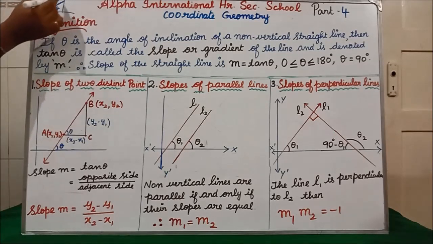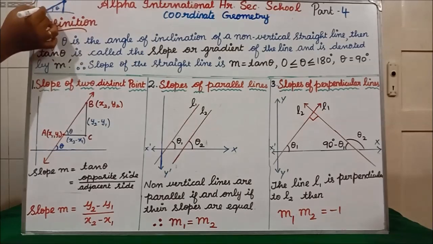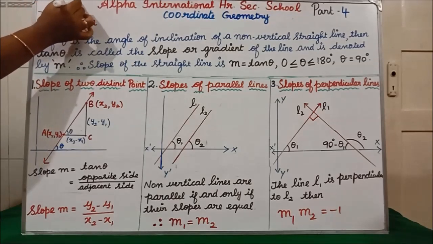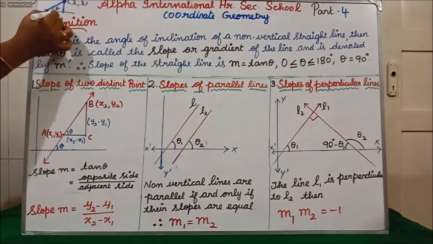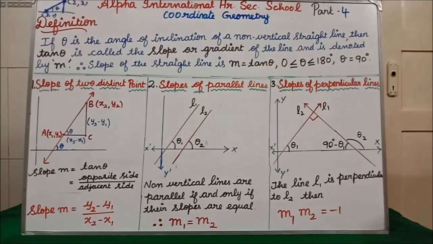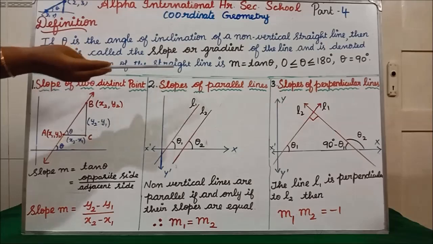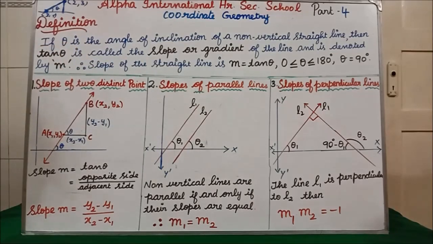Next, we are having still formulas, which is the slope of two distinct points. Suppose you consider this is the ladder, this is a wall, and here one point is there and here one point is there, say 2 comma 3 and 3 comma 5. Like that, 2 points we are giving, and we have to find the slope. It means the formula we have to use is slope m is equal to y2 minus y1 divided by x2 minus x1. Clear? How this formula arrived, see, slope m is equal to tan theta we know. The slope of the straight line formula is m equal to tan theta.